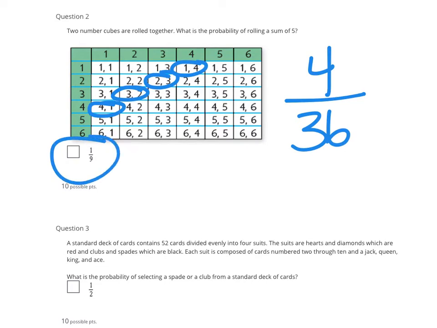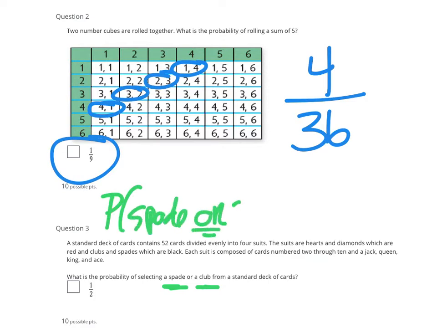For question 3, we are dealing from a 52 deck of cards where we have 4 suits, hearts, diamonds, clubs, and spades. 2 of those suits are red and 2 are black. In each suit, we have an ace through 10 and then a jack, king, and queen. What is the probability of selecting a spade or a club from that deck of cards? So that would just be, I would say, probability of spade